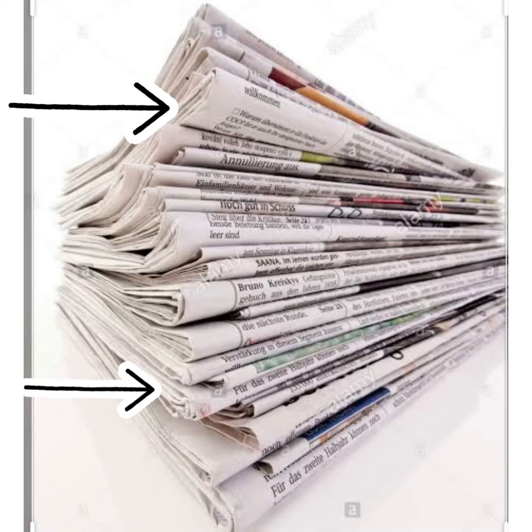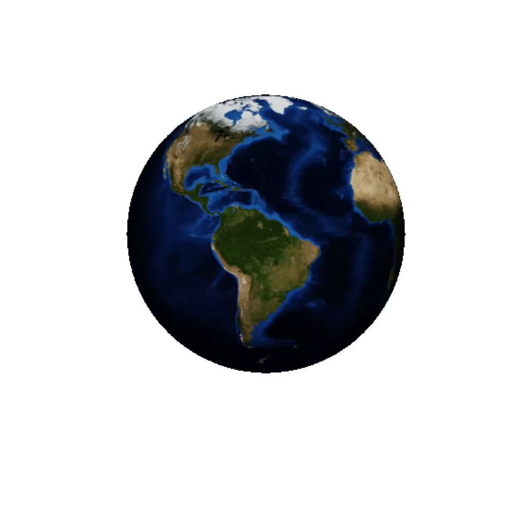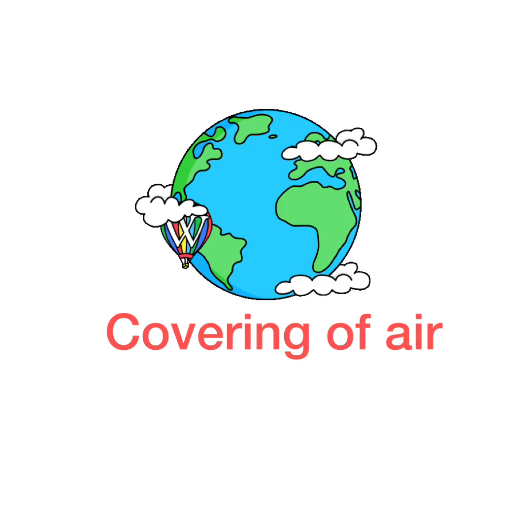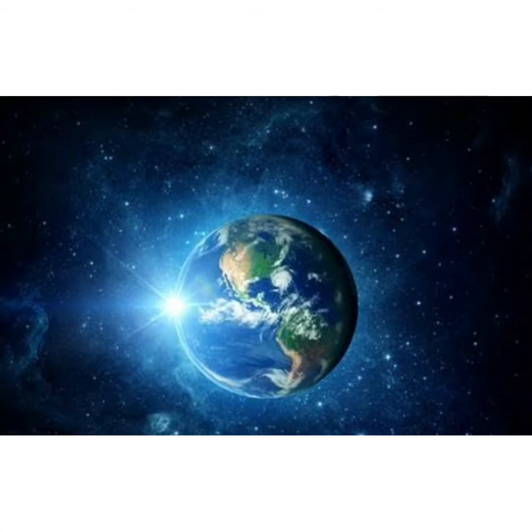As we place more and more papers on the pile, the sheets at the lower level are pressed down by the sheets above them. The distance between the papers in the lower part of the pile becomes less, while the papers in the upper part appear to be further apart. Now students, same is the condition with the Earth's atmosphere. The Earth on which we live is round in shape like a ball. There is air all around the earth. This covering of air around the earth is called atmosphere.